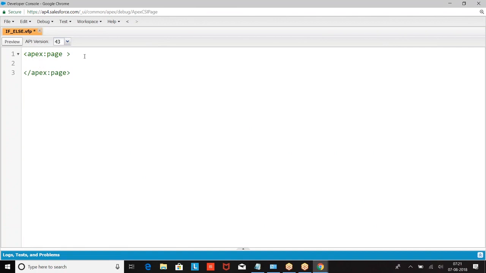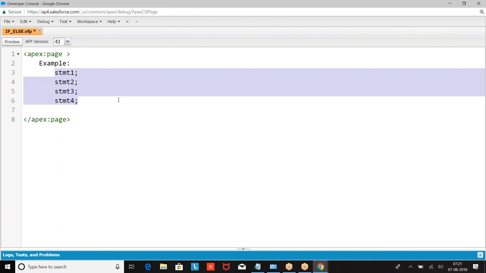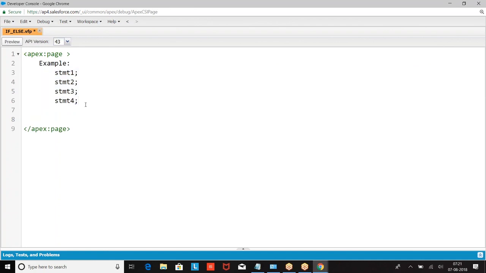Now look at this. If I have some program like this: statement 1, statement 2, statement 3, statement 4. If I execute this, what will be the output we are going to get? It can be anything.